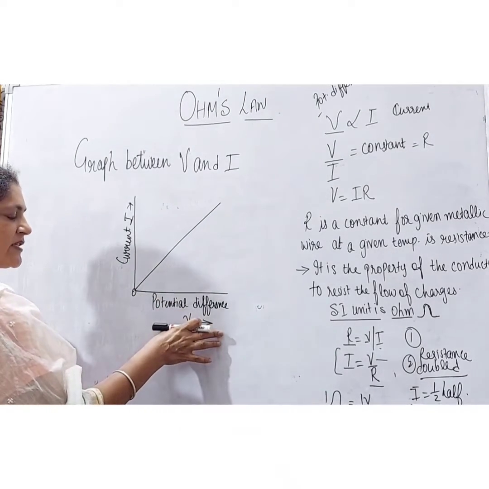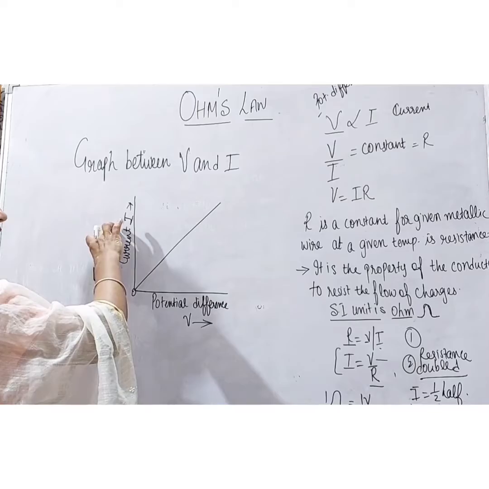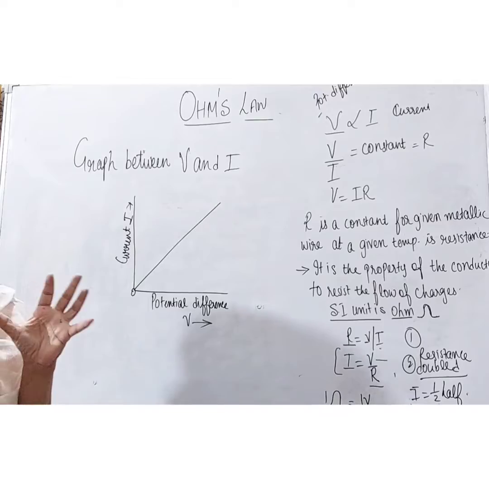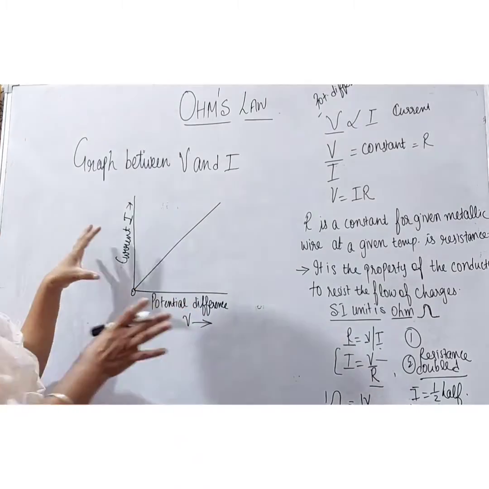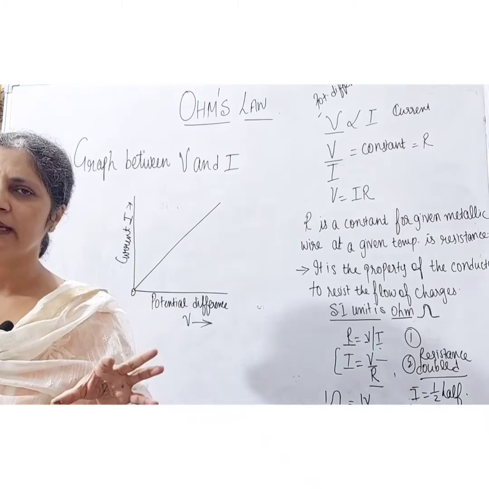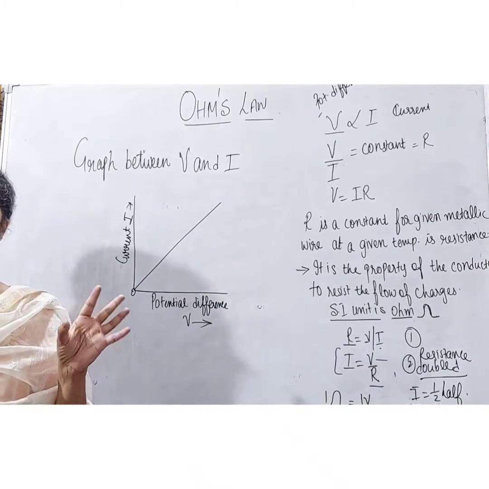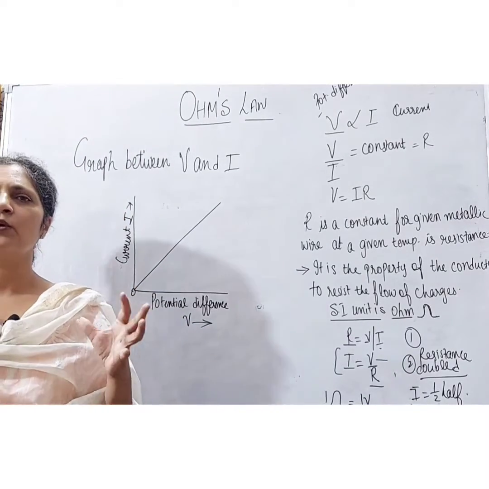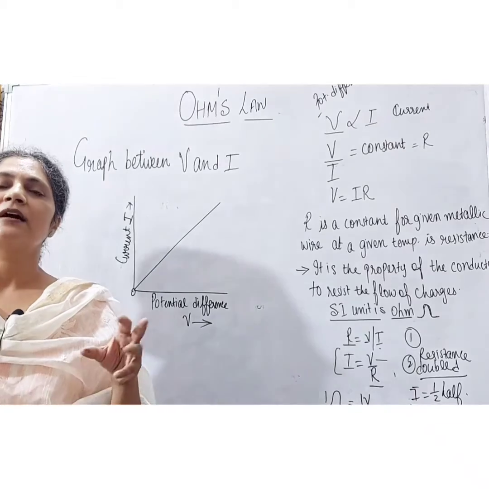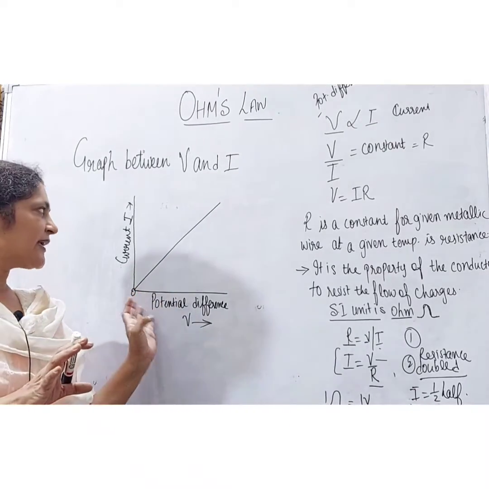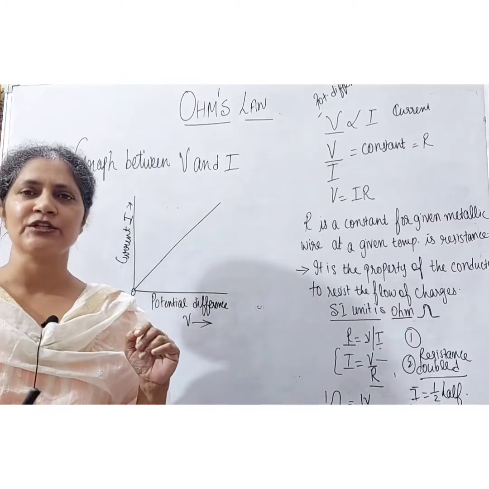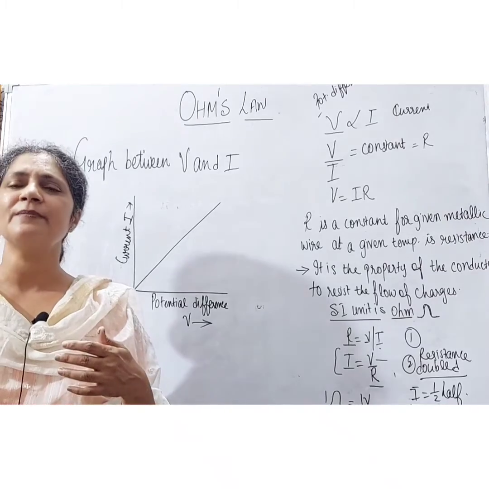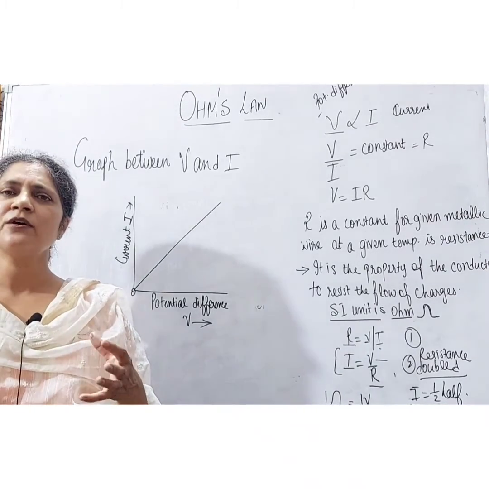Here we have taken potential difference on one axis, and on the other we have taken the current. When we do the activity and find the readings, we will see that the graph between the current and potential difference will be a straight line, because the electric current and the potential difference are directly proportional to each other. So that was all about Ohm's law, about the resistance, about the graph of potential difference and electric current, and the limitation of Ohm's law. In the next lecture, we will discuss numericals based on Ohm's law. So that's all for today's lecture.